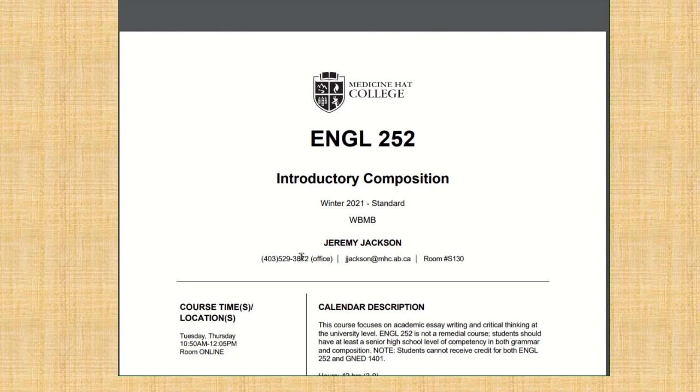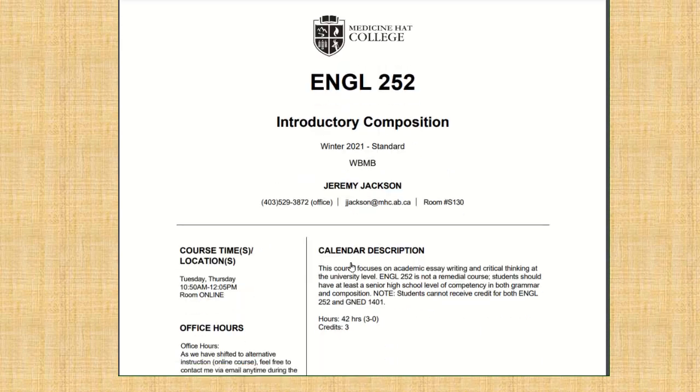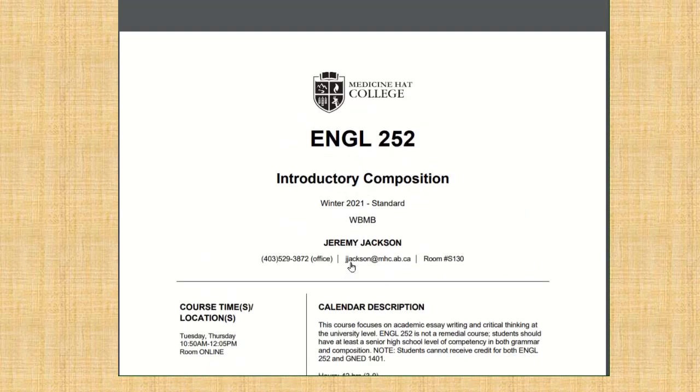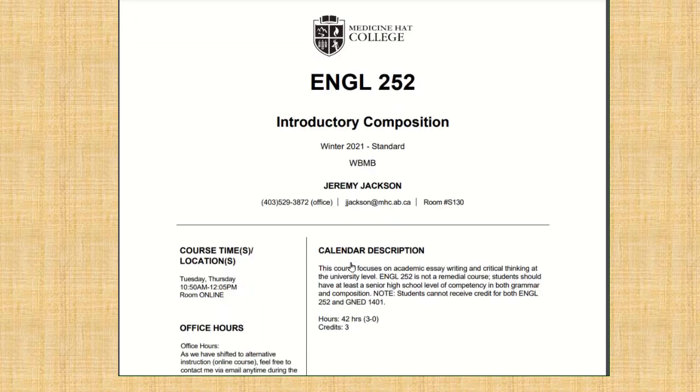I'm never going to be there, so there's really no reason to have this printed there. But you can reach me at any time by email. And that's part of the sort of charm of this class, if you will. The idea that you can reach out to me since I will hold office hours, but you can reach out to me pretty much any time and expect a fairly timely reply, probably within the hour. Every time you email me, I'll try to reach back out to you in response to your email.